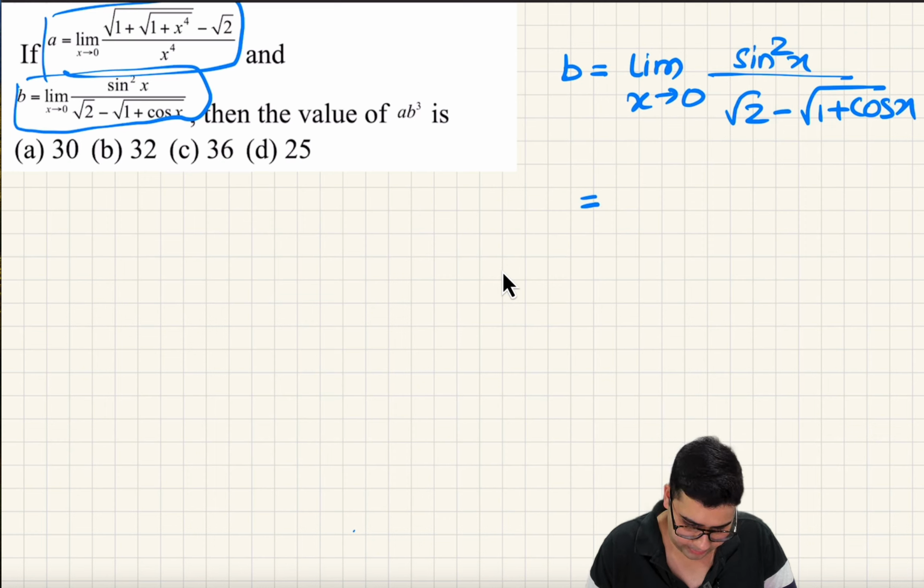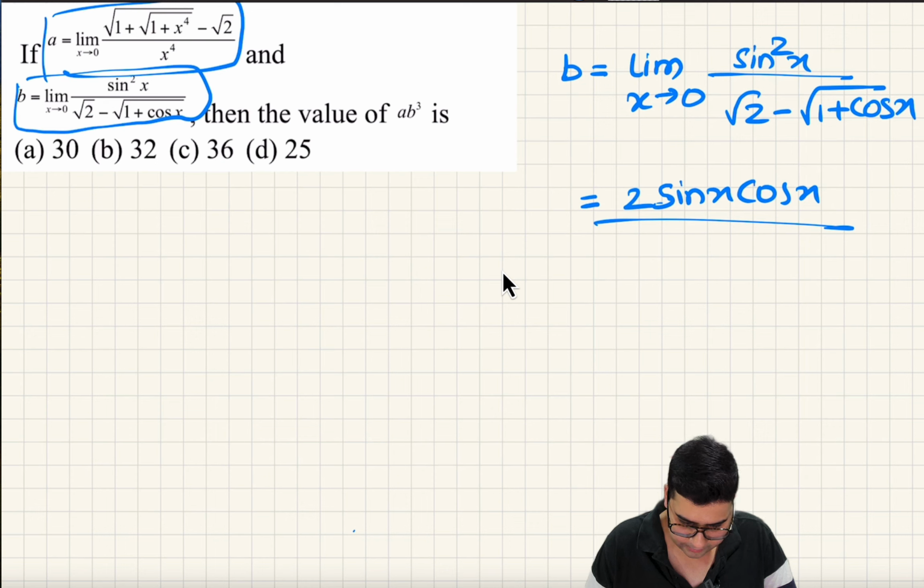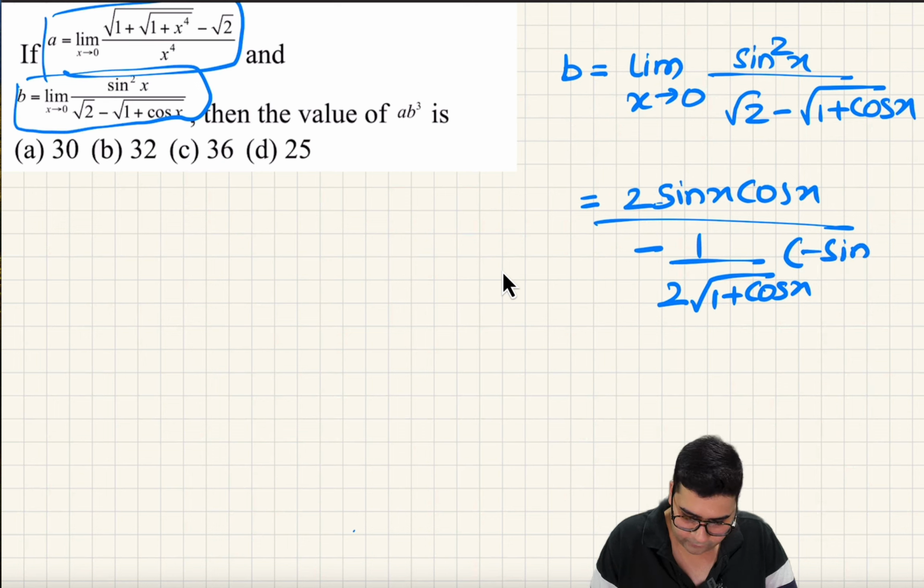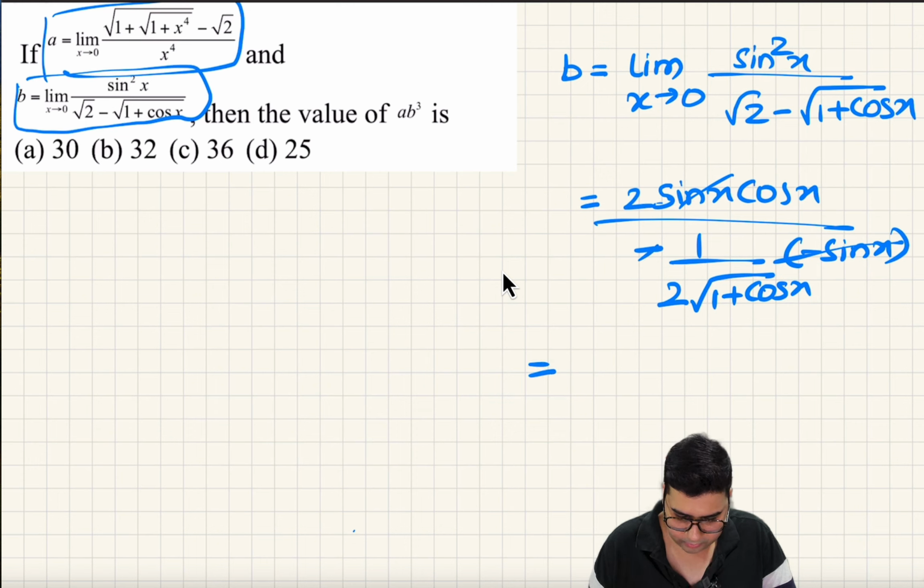I know that it's 0 by 0, so this is 2 sine x into cos x divided by root 2 का डेरिवेटिव 0 हो जाएगा, minus 1 upon 2 root 1 plus cos x into minus sin x. So this is working well for us. This is cancelled, so that's good. ये न्यूमरेटर में चले जाएगा, माइनस साइन भी कैंसिल आउट हो चुकी है, और ये आ जाएगा 2 अंडर रूट ऑफ 1 प्लस कॉस एक्स इंटू कॉस एक्स।